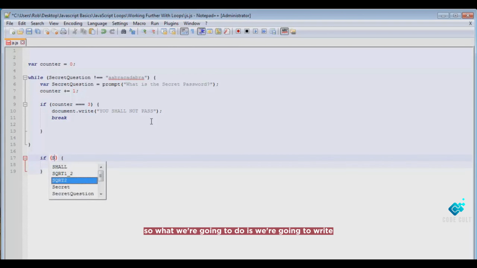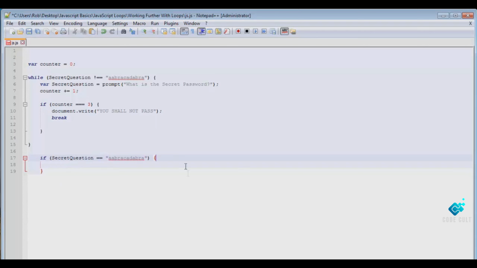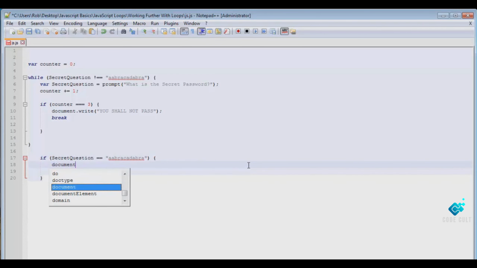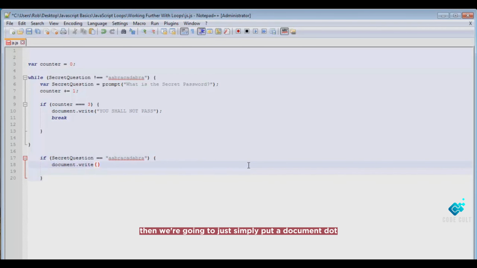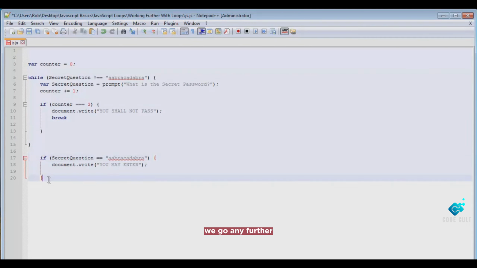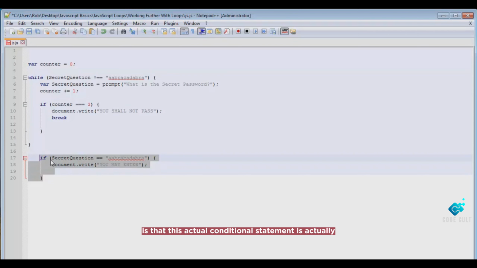So what we're going to do is write if secret question is actually equal to abracadabra. Then we're going to simply put a document.write command to let the user know that they got it correct and they can now gain access to the website. One thing I do want to point out before we go any further is that this conditional statement is actually